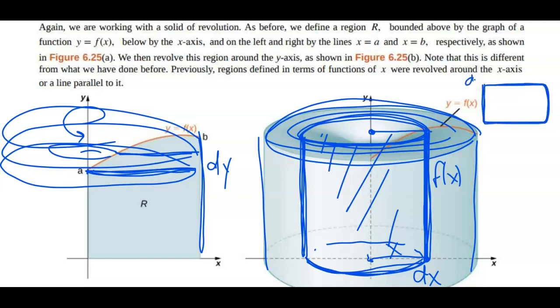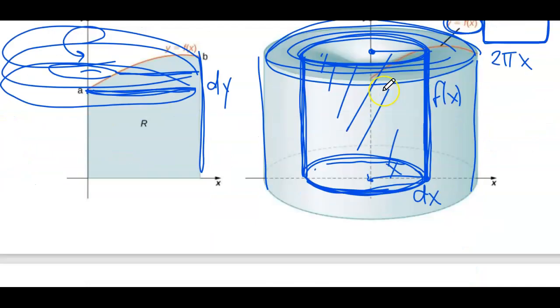It still has a width of dx. It still has a height of f of x. Okay, but you got to think about what the base would be. The base would be 2 pi r, or 2 pi x in this case. And so that's what's going to make cylindrical shells a little bit different. There's some more